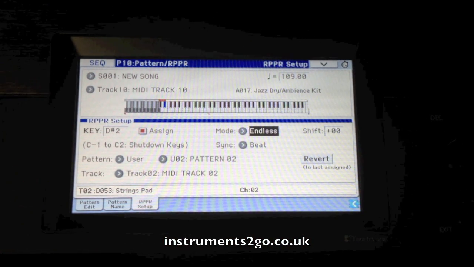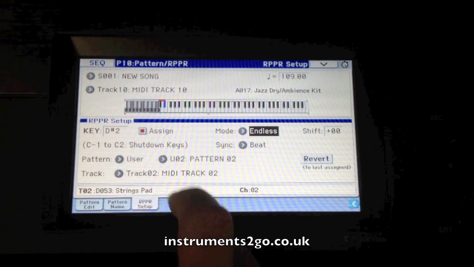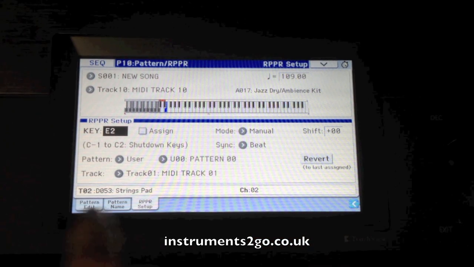So this gives us control. I can trigger the riff, and when I want it to stop, I'll just simply press the key again for that particular pattern. And finally, I'm going to add the drums onto the next key. So go up one more key to the E,